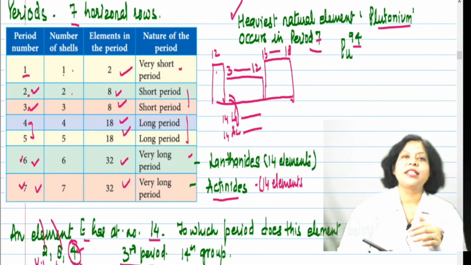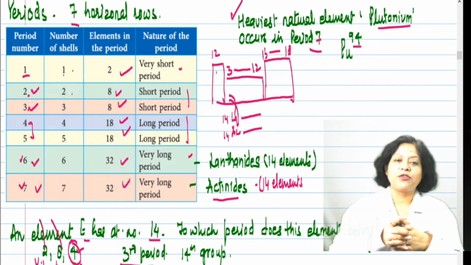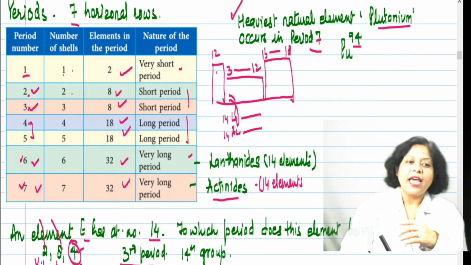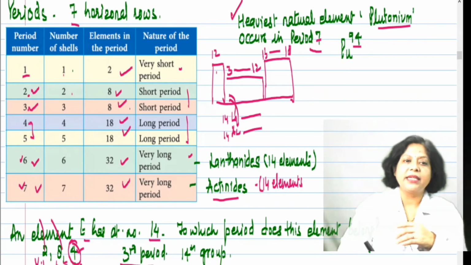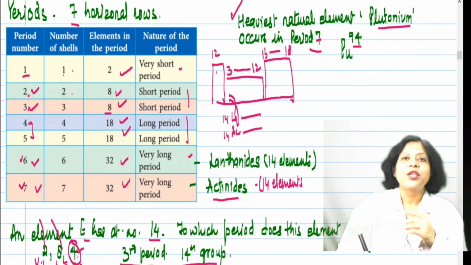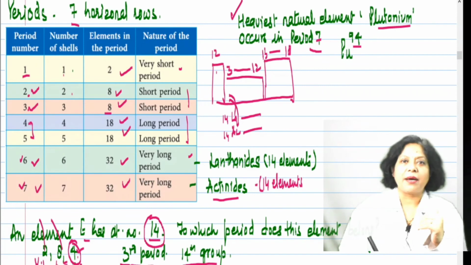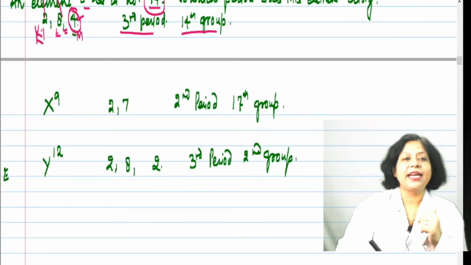How many electrons are there in the valence shell? It has 4 electrons. And there are no 18 electrons over here, so that means it belongs to a very short period, and this is from the 14th group. Is this clear? So you can easily make this out if you know the atomic number. If you know the atomic number, you can predict the position of the element in terms of periods and groups.